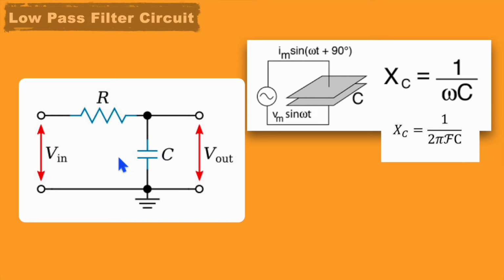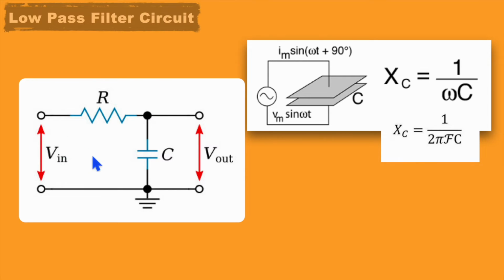And if we simply try to understand the functionality of the low pass filter with the basic concept of a capacitor, a capacitor usually accumulates charge on its plates. For lower frequency input, this capacitor will try to accumulate as much charge as possible on its plates. So for lower frequency, this capacitor will accumulate the maximum charge, and the voltage across this capacitor will be almost equal to the input voltage.